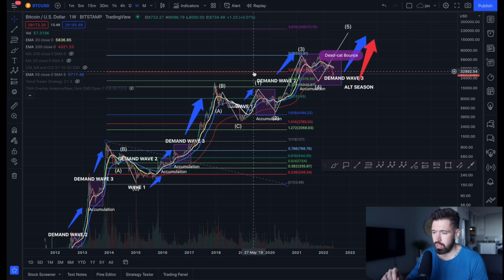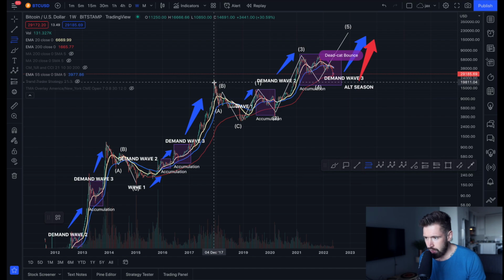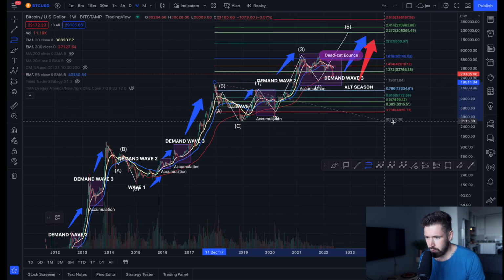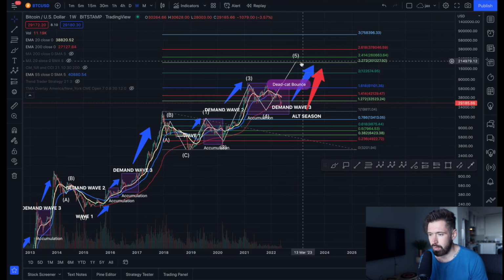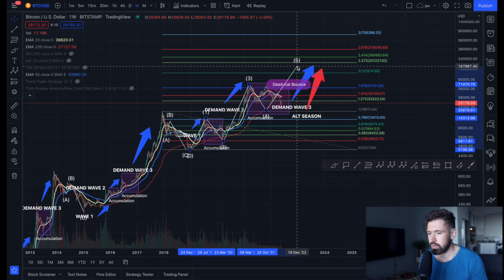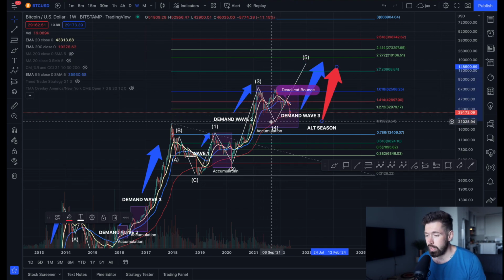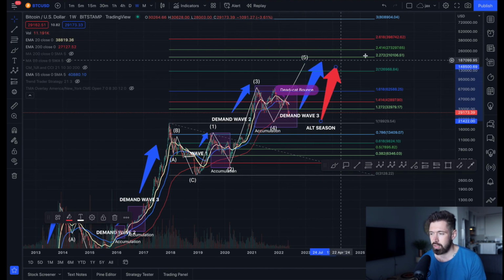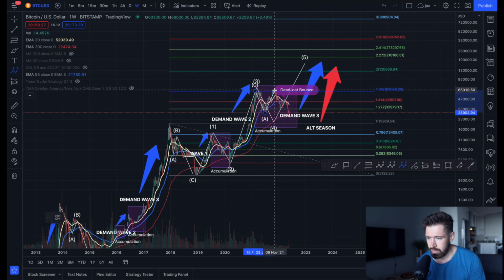So if we take our Fibonacci here from the previous bull market high of 2017 all the way down to the bear market low, and we stretch it out, we may be looking to see that fifth wave all the way up in between the 2 and the 2.272, which is in between 126 and 210,000. And right now we're going through that wave 4 correction, waiting for our fifth and final impulsive wave, and our third demand wave taking us up to those price targets. And right now we're just going through an expanded A, B, C correction,